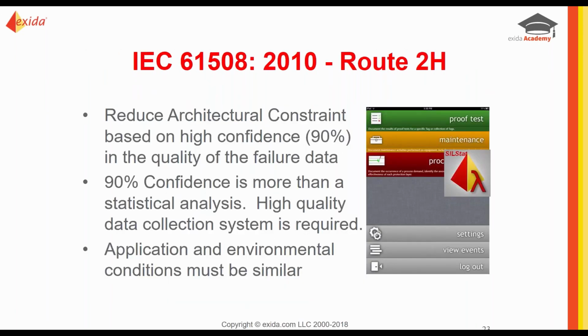The second route is route 2H. Once again, it talks about your data quality. How confident are you in the quality of your failure data? And the standard doesn't just say, oh, you have to have a warm and fuzzy feeling. No, the standard says you have to have high confidence, over 90%. And that 90% is more than just,